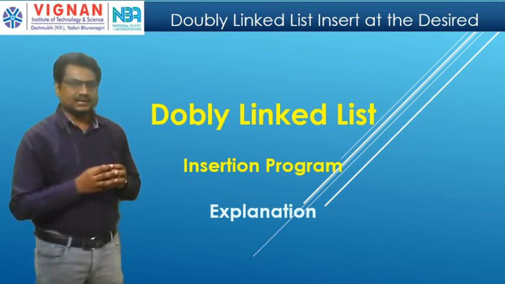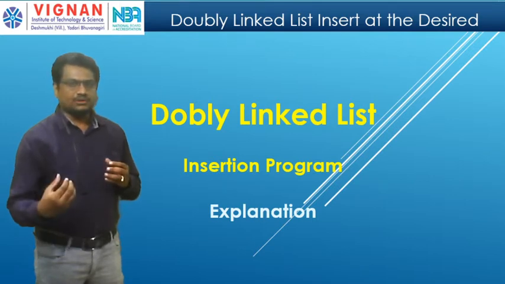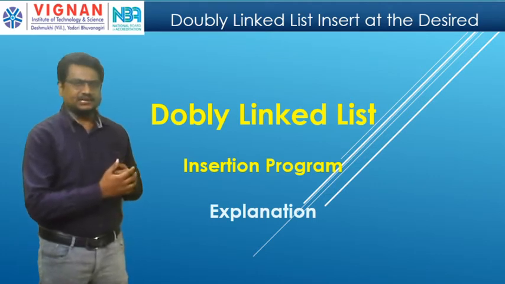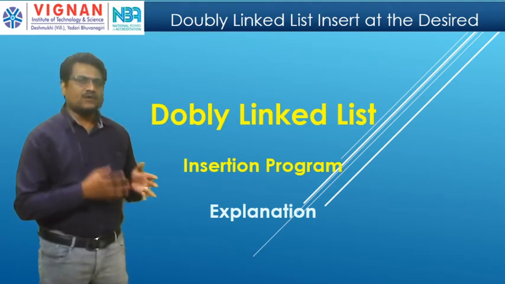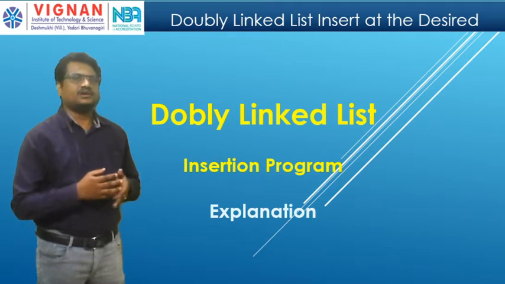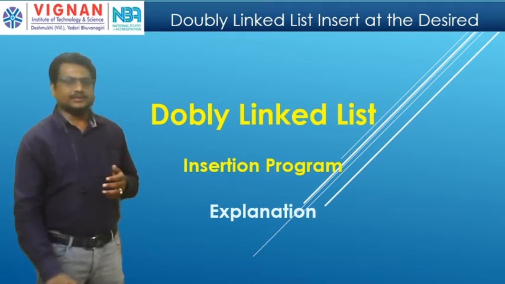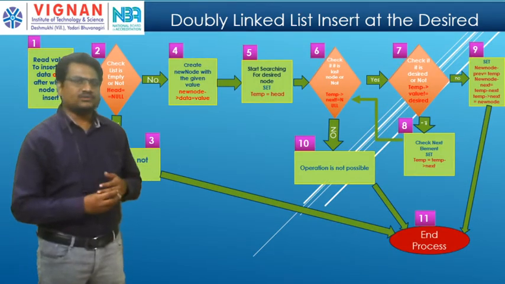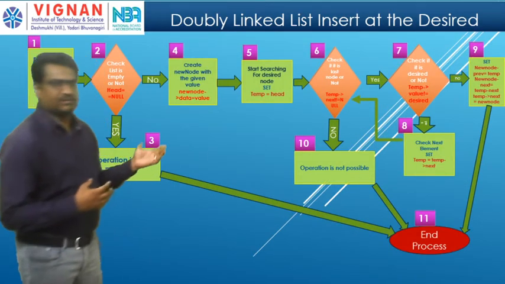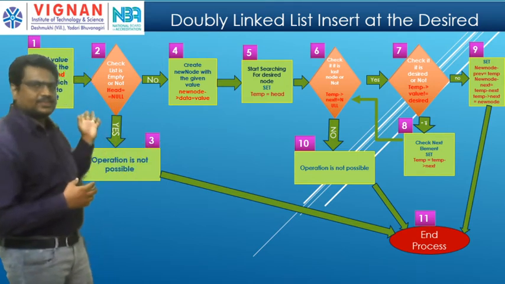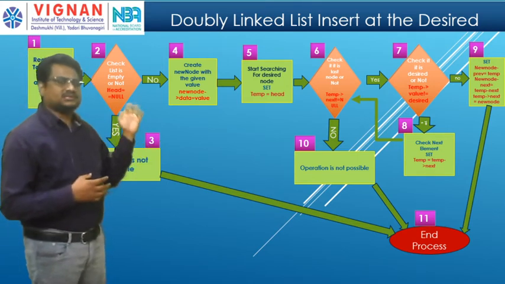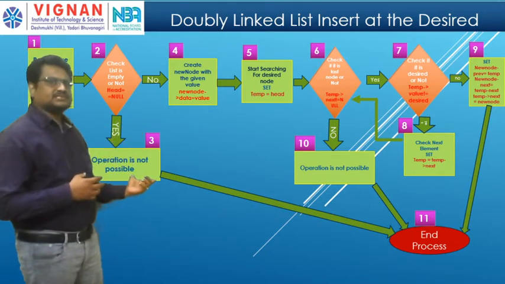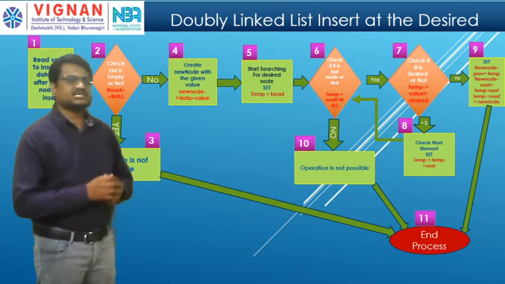So if I select an element, the new node or new value will become the next element of what I decided. So here I am discussing how I insert an element after some particular element. You can see the algorithm. To do this, I will read the value and check whether the linked list is empty or not. If it is empty, I will simply say the operation has failed.